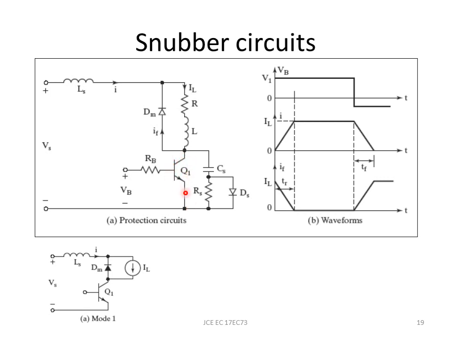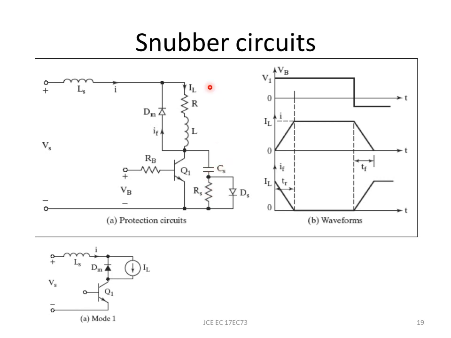The minute this Q1 turns on, no doubt we have Ls, which will reduce the current through this transistor. But there are two currents flowing through this transistor: one is IL and the other is from CS. These two currents might be so high that they exceed the current carrying capability of Q1. Hence if I add this series resistance Rs, it will limit the current being discharged through the capacitor. We know a resistance will reduce the current flow, and hence it is added in series with CS.